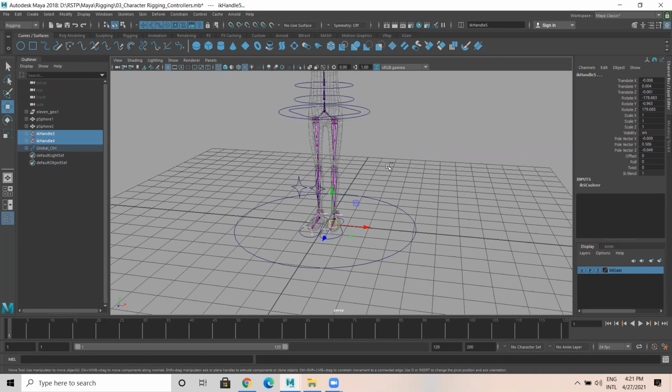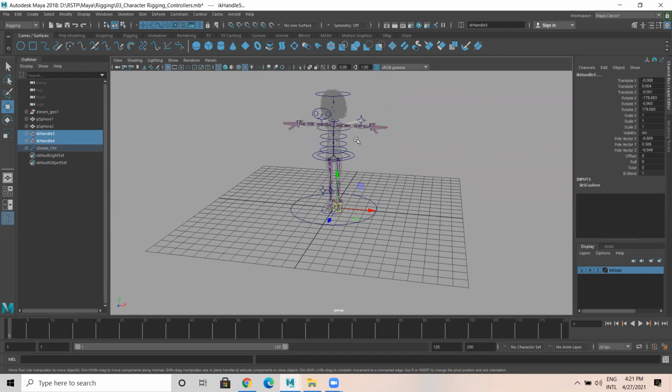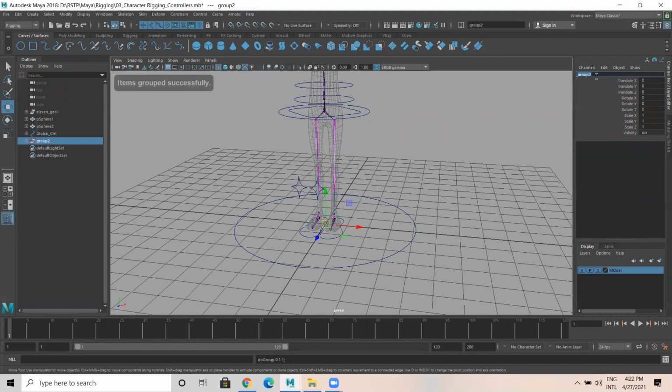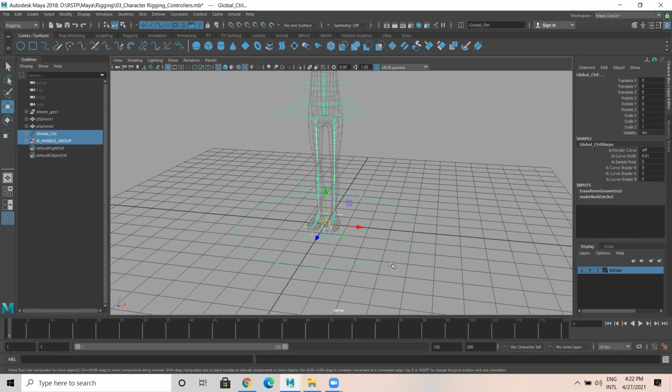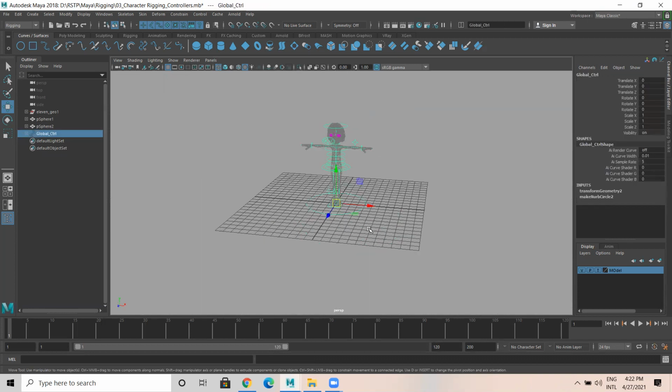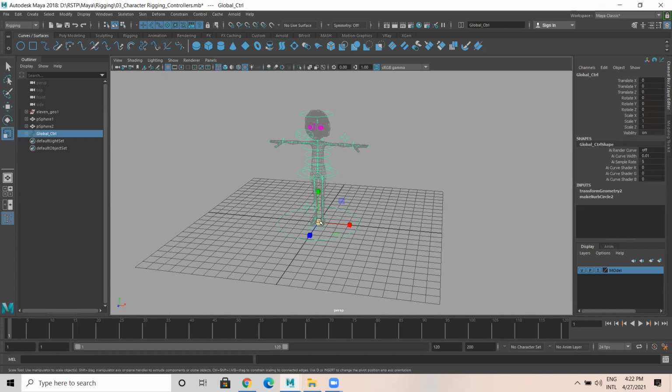Okay, now as I have selected all the IK handles, I group this. This is the IK handle group. Now this IK handle group should be the child of this. Select the IK handle group, then shift select the global controller, P. So guys, this completes.